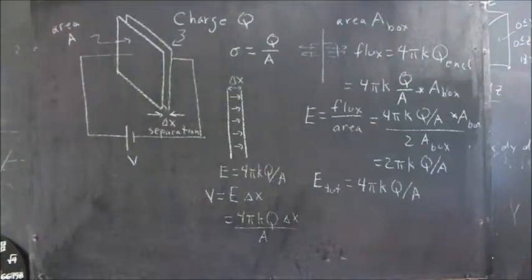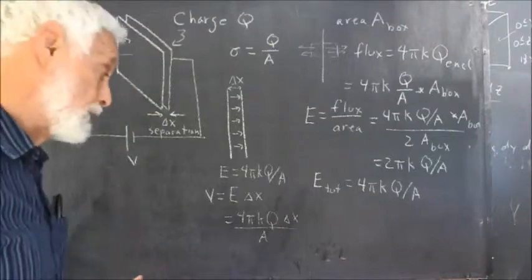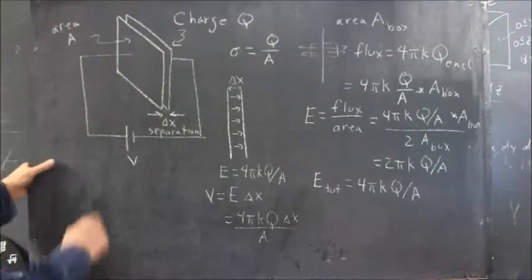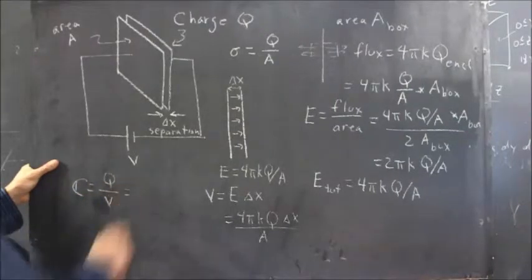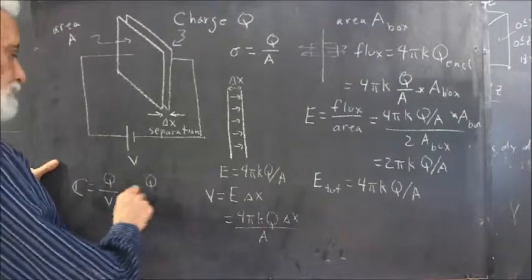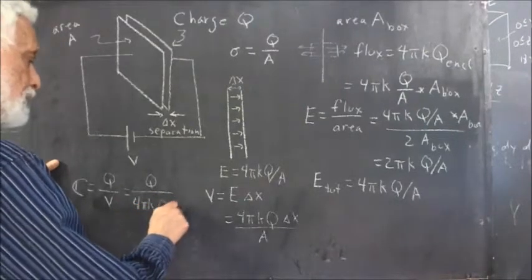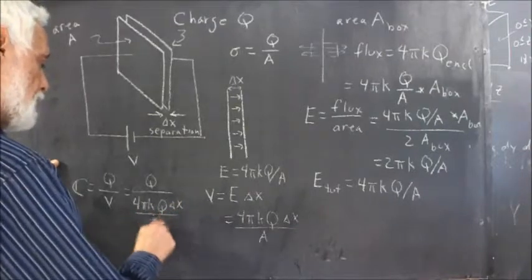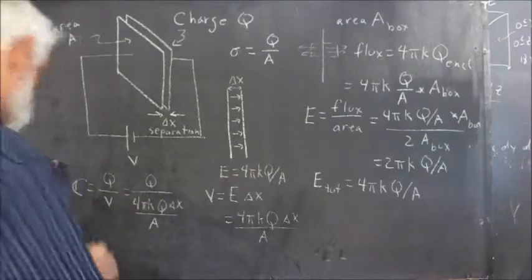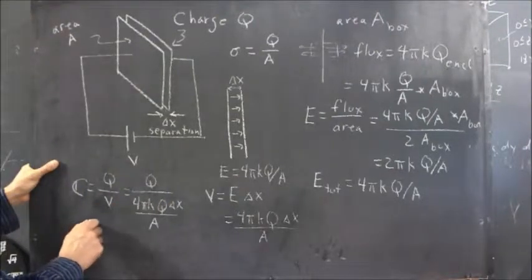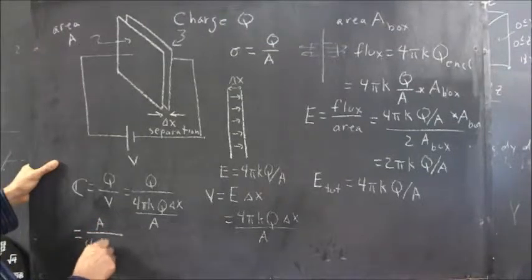over A. It follows that the capacitance, being the charge per volt, is going to be Q divided by 4 pi K Q delta X over A. Q's are going to divide out, A is going to end up here, and everything else down here. And that's going to equal A over 4 pi K